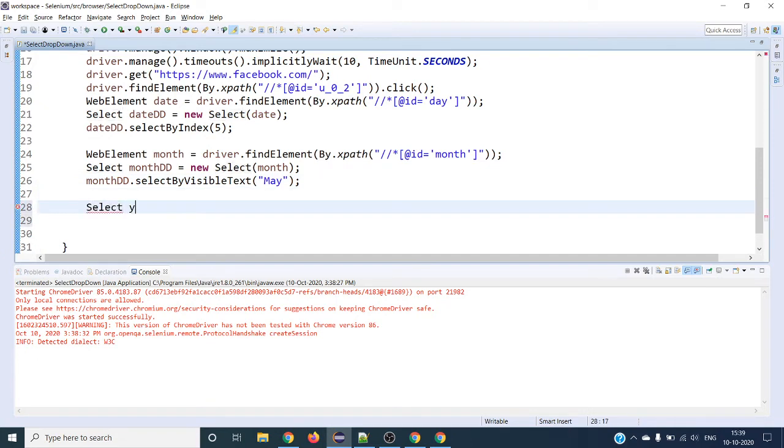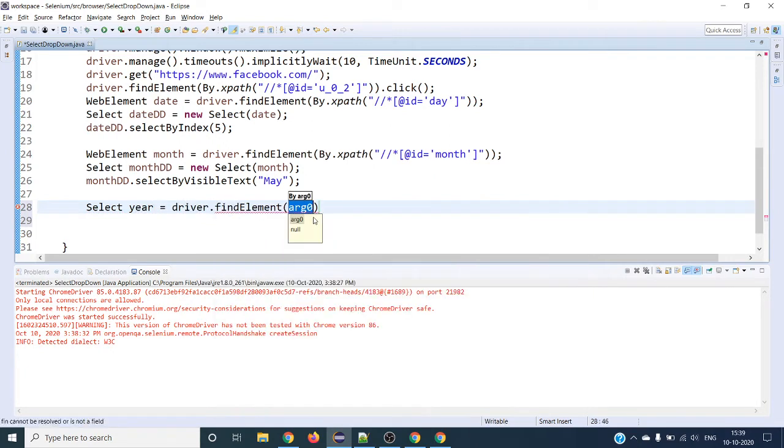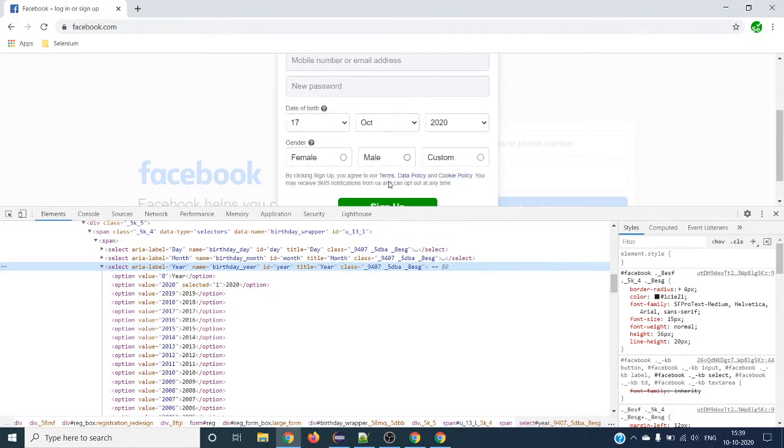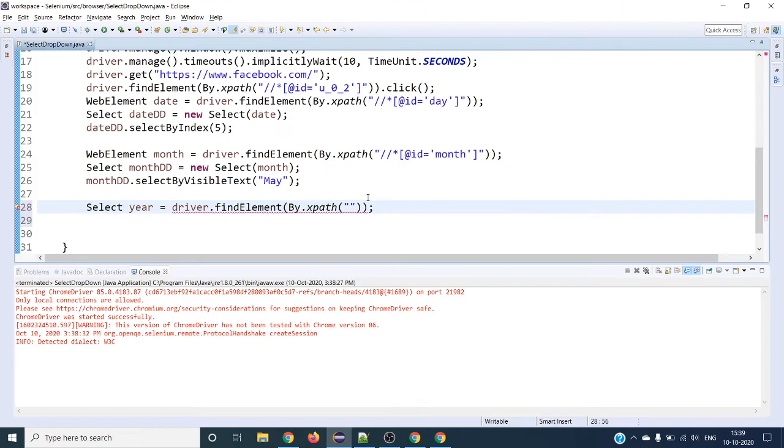Select, this is going to be a year. So driver dot find element by XPath. So let's get the XPath of this. Copy your XPath, just paste it here.